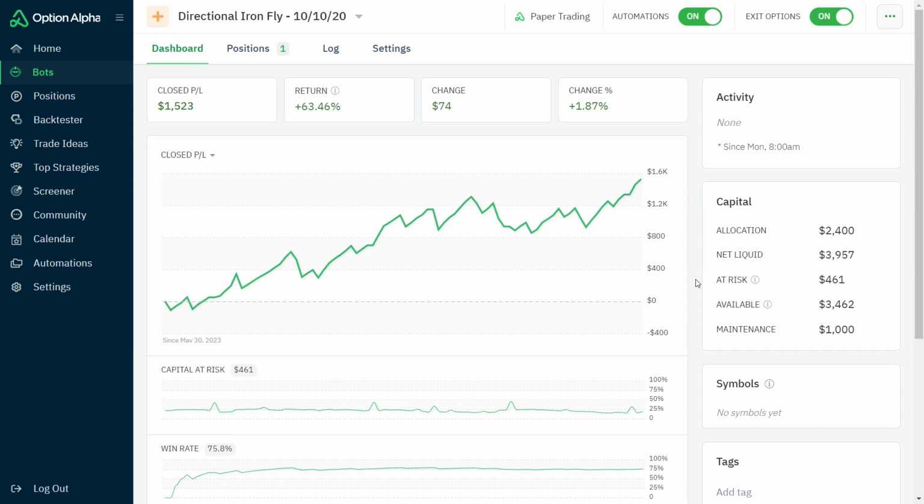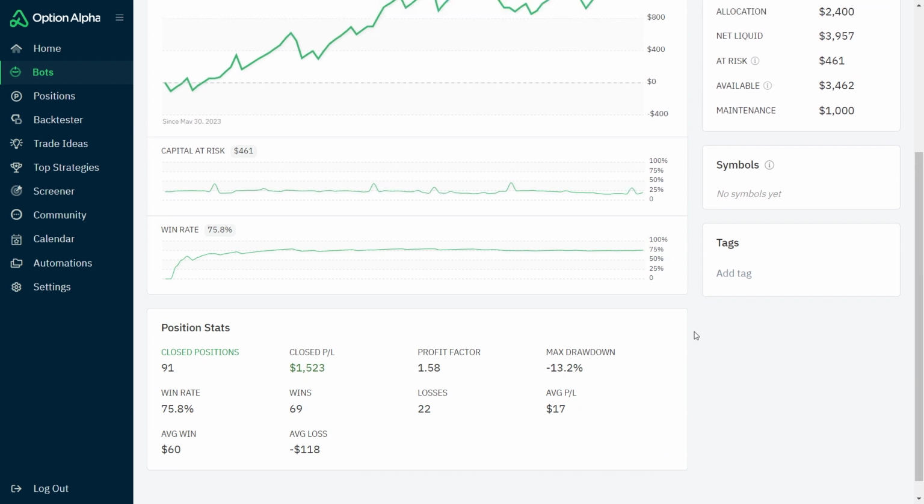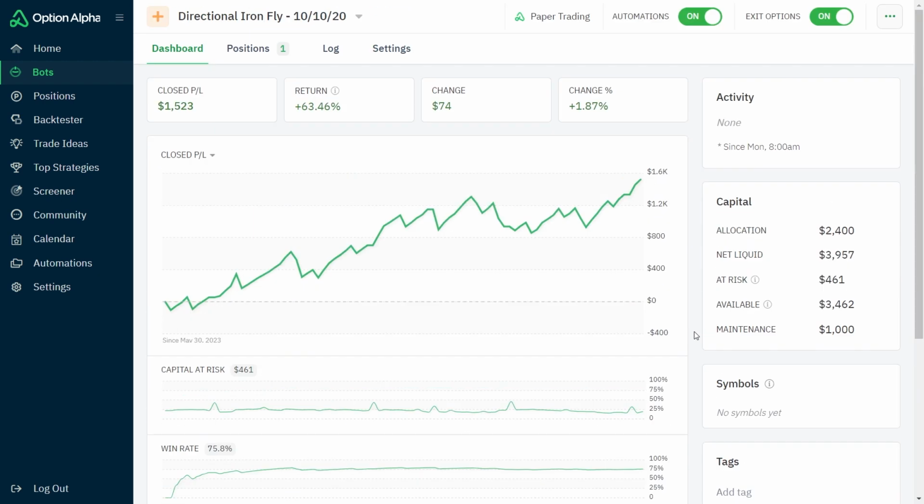The original directional iron fly, which you see right here, has been doing really well with a 75-76% win rate. There's 91 trades that have been closed. And what I've noticed is that many times it was getting really close to the 10% profit within the day that it was opened. But because there's a restriction on this spot where it's not going to close the trade the same day that it opened, I thought, what if I went for 10% in a day trading bot, but